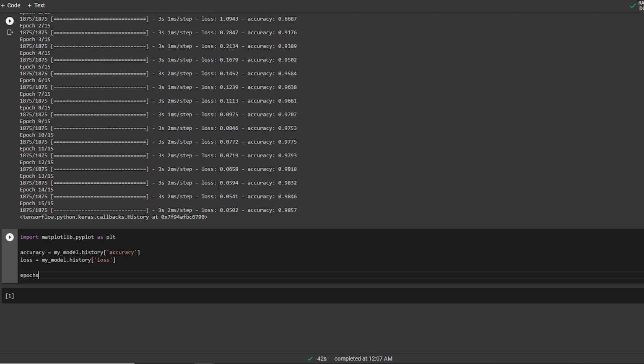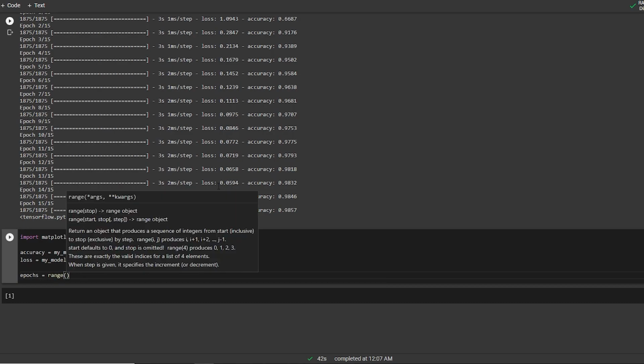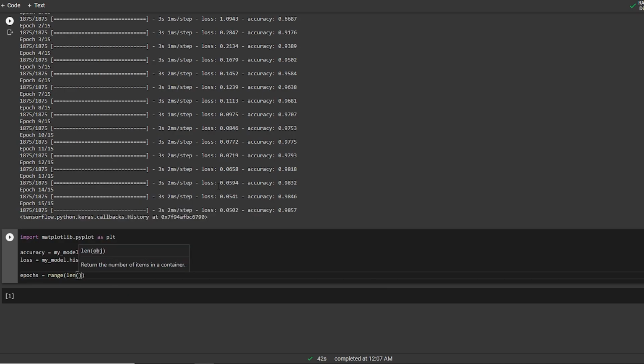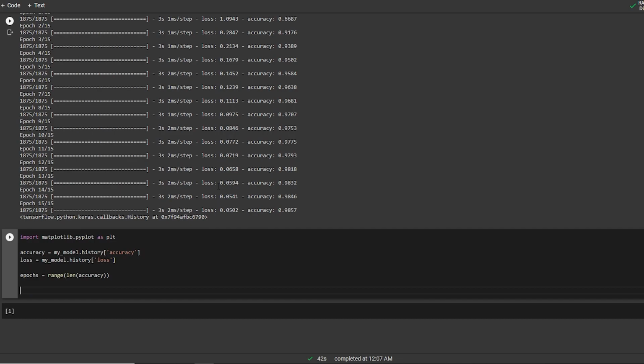Now we want to track that progress with respect to the number of epochs. I'll make a variable named epochs, where I'll say in the range of length of accuracy, so for the number of epochs it moves, it is going to give us the accuracy. Next step is plotting it.